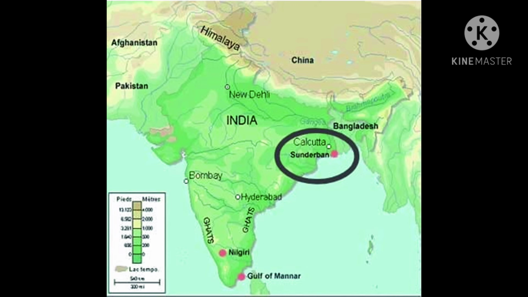The site is intersected by a complex network of tidal waterways and small islands of salt-tolerant mangrove forest and presents an excellent example of ongoing ecological processes. This area is known for its wide range of fauna, including 260 bird species, the Bengal tiger and other threatened species such as the estuarine crocodile and the Indian python.